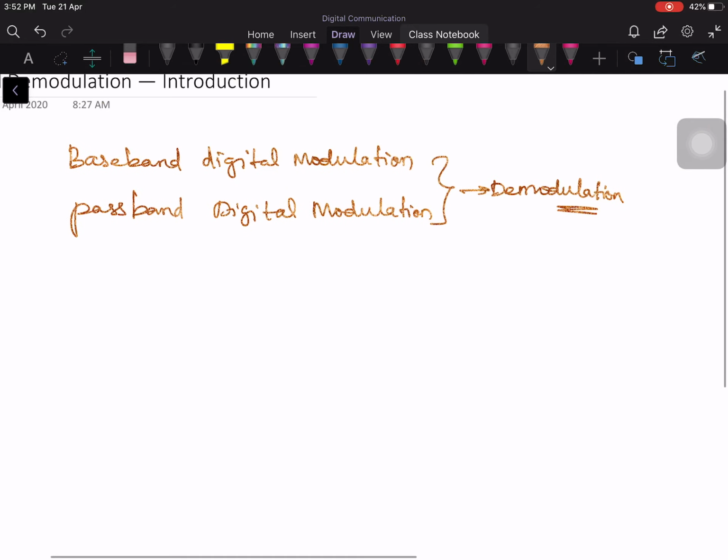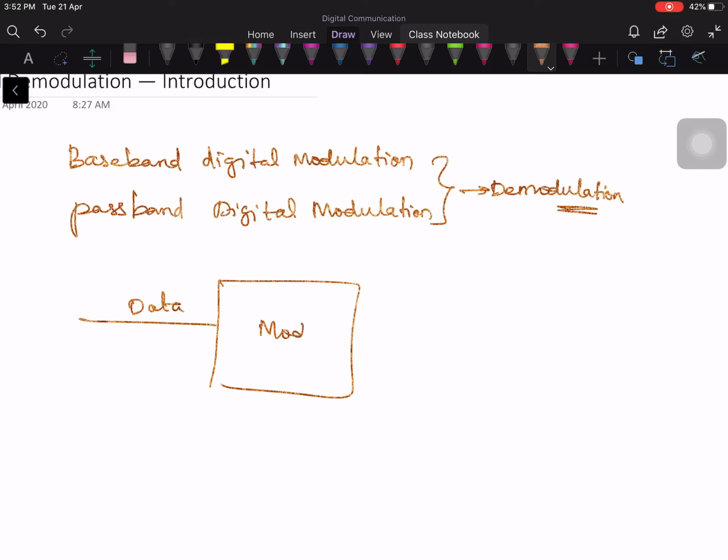Okay. So far we have talked about various possible ways in which we can put data onto a waveform. So you have the incoming data and a pre-decided waveform. You have the modulator, right? Digital modulators, and you have a set of waveforms in every bit interval. This is called a bit interval, and sometimes it is called a symbol interval, based on your different types of digital modulation schemes.